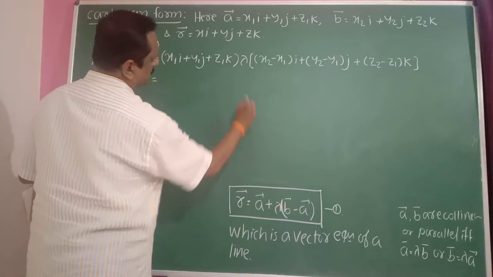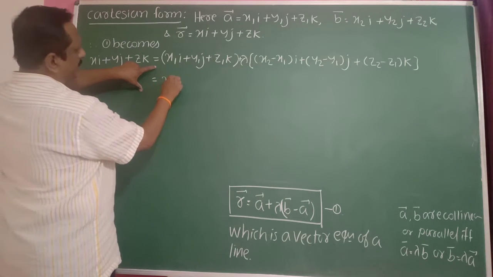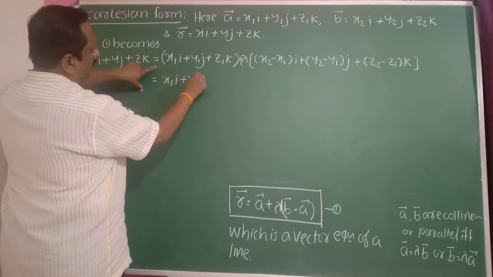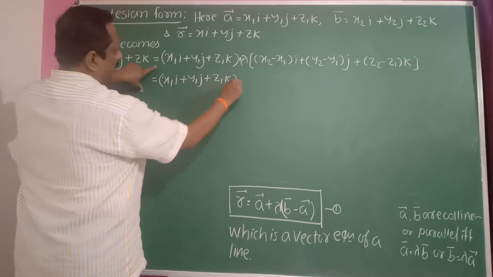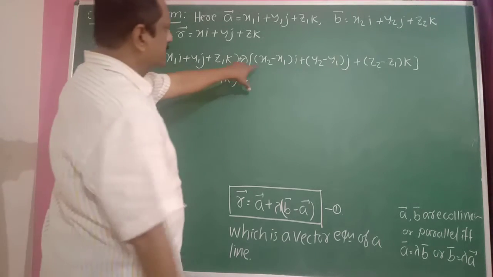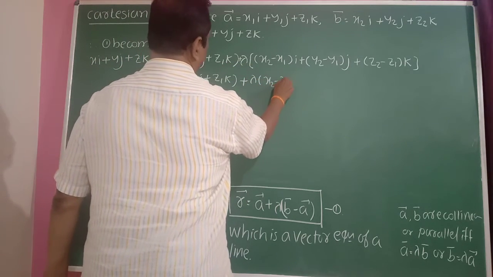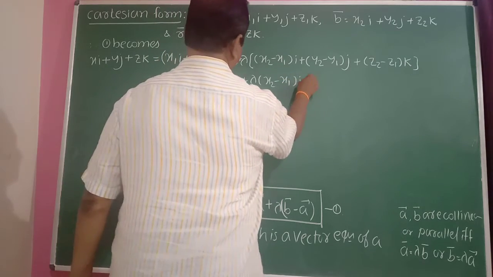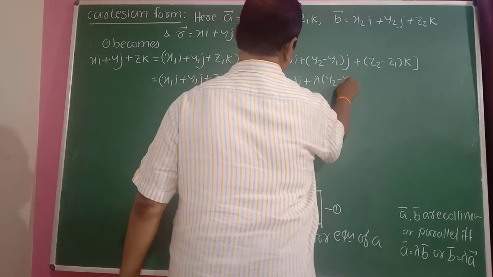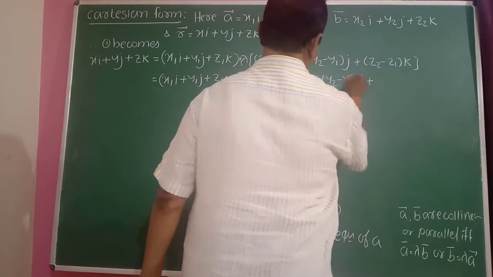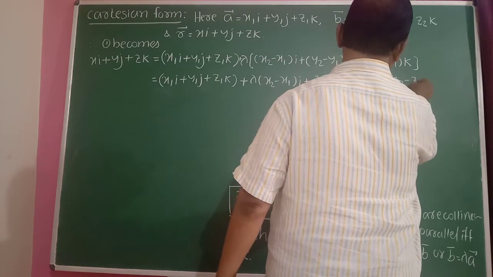In between these two there is a plus sign, so you have to write plus here: x1 i plus y1 j plus z1 k, then write plus. Take this lambda inside the bracket: lambda into x2 minus x1 i plus lambda into y2 minus y1 j plus